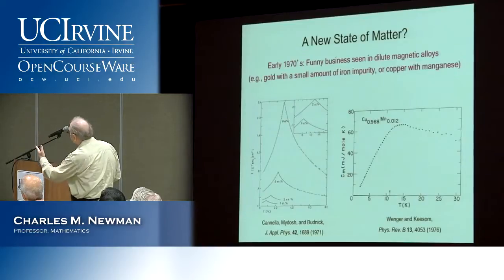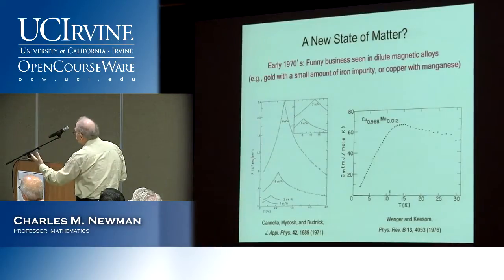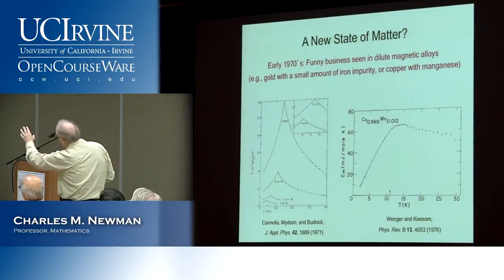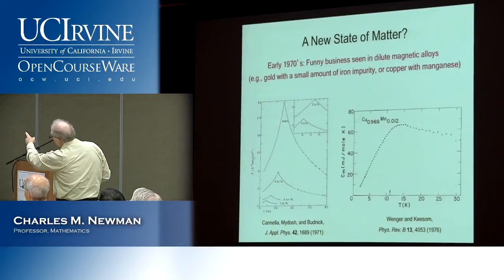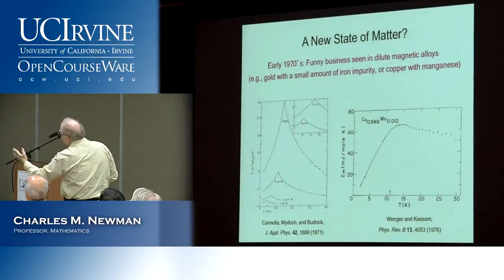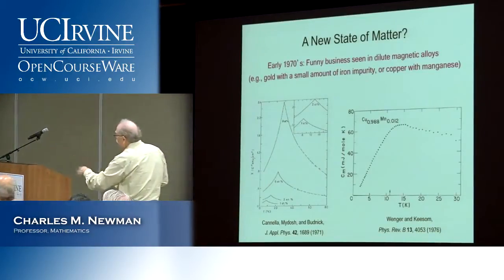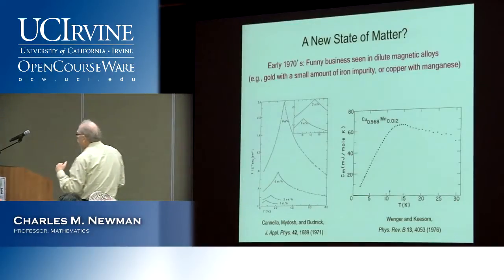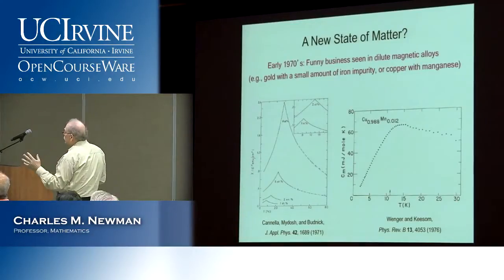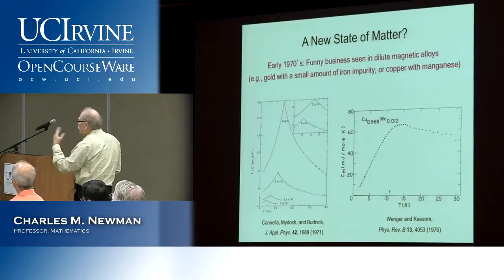But in these materials, it doesn't do anything interesting. It has a very mild peak somewhere, but that peak is not at the same place where the susceptibility peak is. That kind of feature and other ones make the possible phase transition in these magnetic alloys very peculiar,